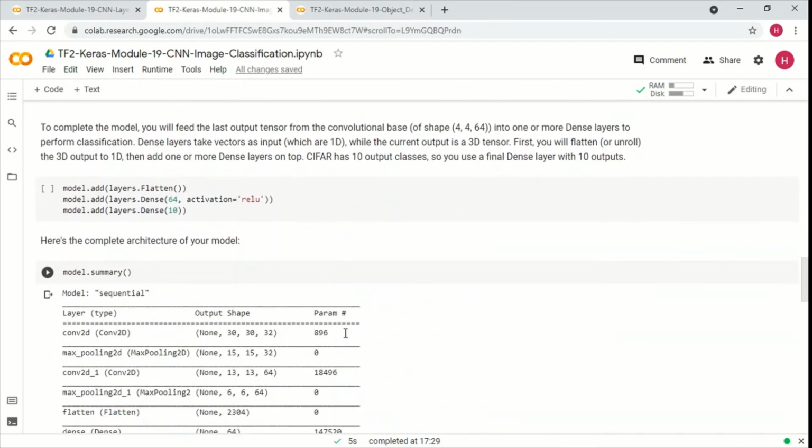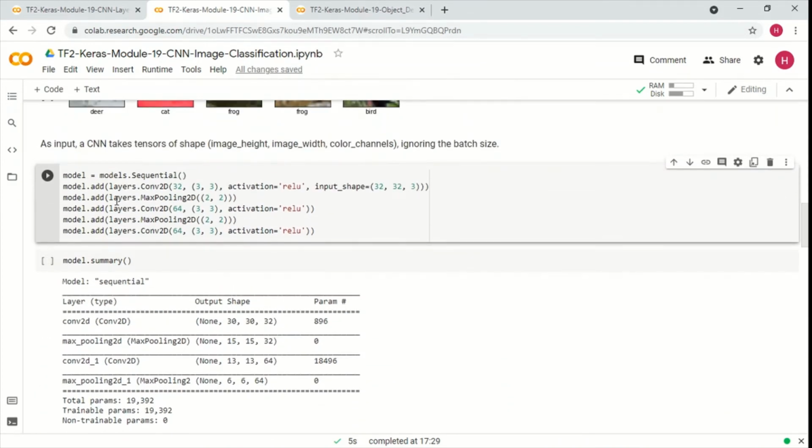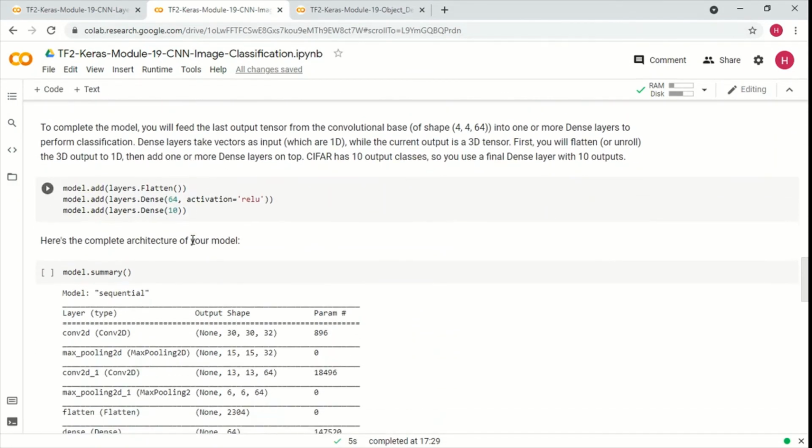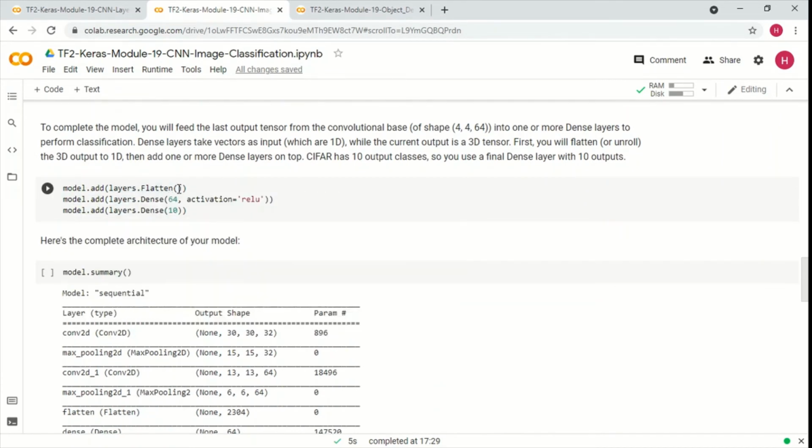Now what we are going to do is, we have partially built this particular model so far. We have not added the fully connected layers, right? But before we add the fully connected layers, we have to flatten the output of the last convolution layer. So we are flattening it, and then we are adding the dense layers. Two dense layers we are adding, one with the softmax activation.